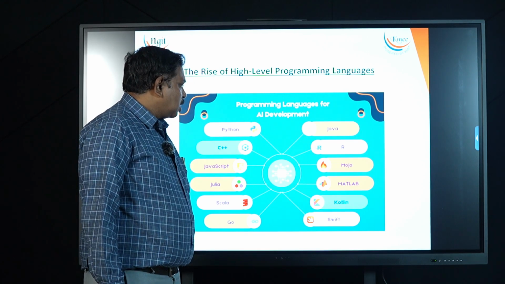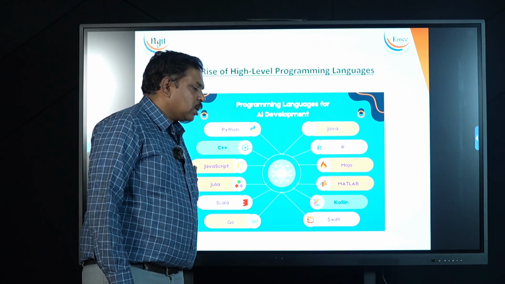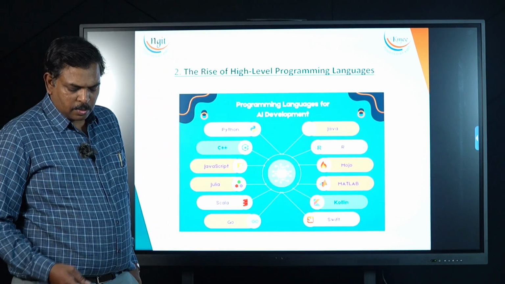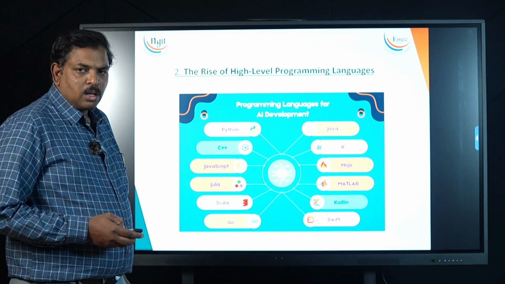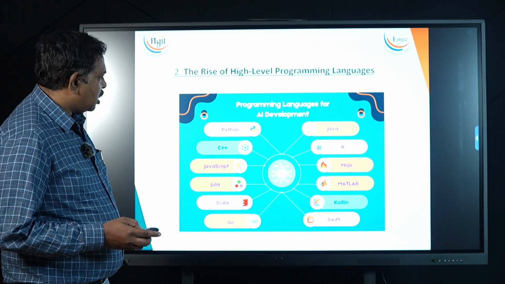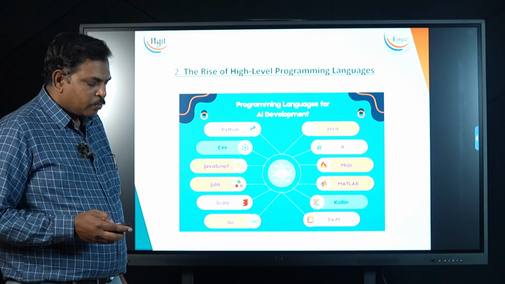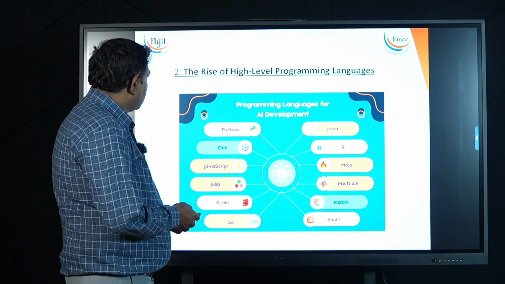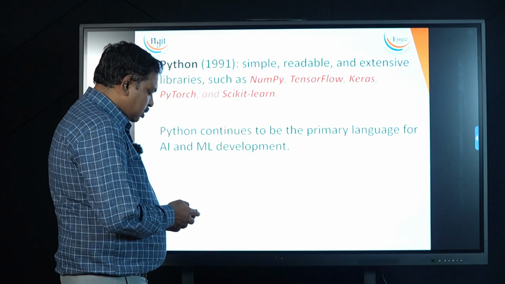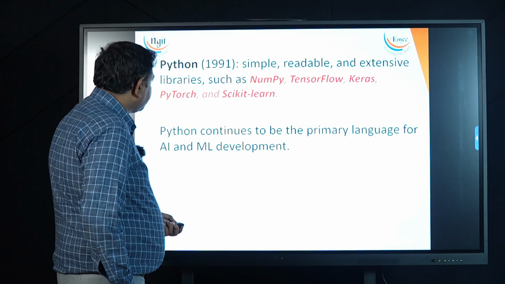Kotlin and Swift are also slowly gaining popularity. Kotlin comes with high-end ML libraries that run in the browsers. So the evolution of these languages took the performance of AI algorithms to the next level.